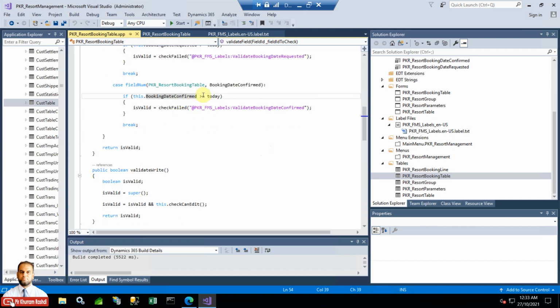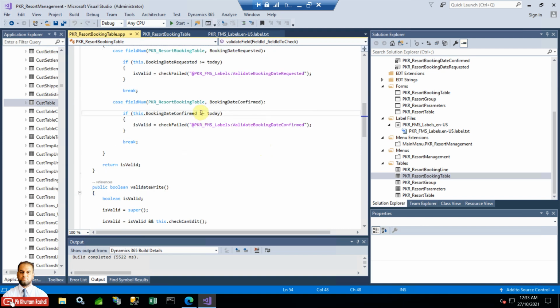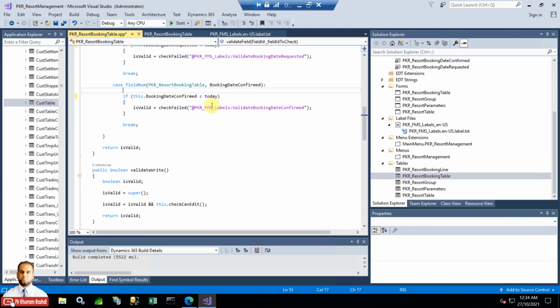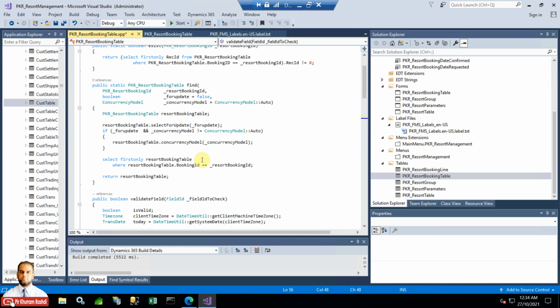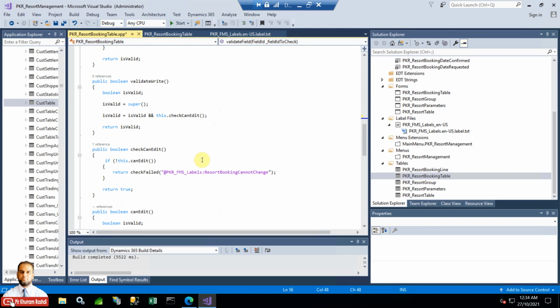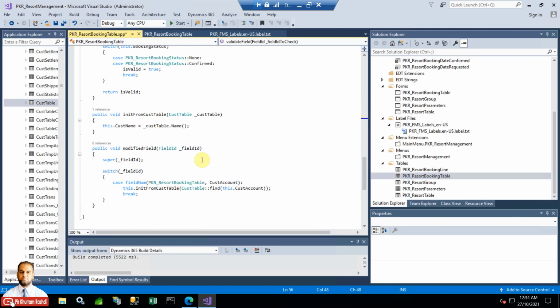Booking date confirmed. If it is greater than today, no, it is wrong, and it should be less than today. Then only this should be triggered, because the future date should be allowed. So if it is less than today, then the validation should fail. So this was wrong here. I just fixed it, and